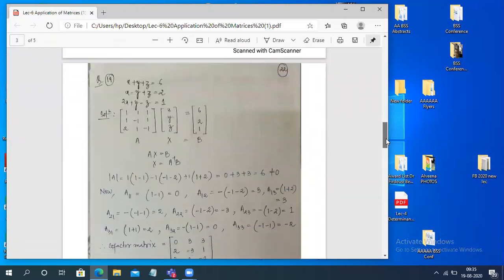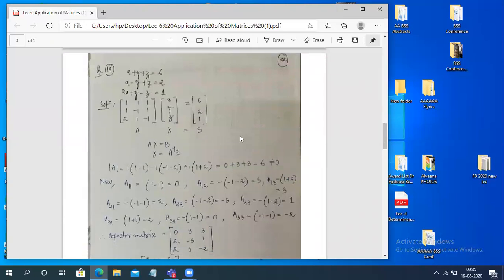Here, in the next example, we are taking three unknowns, that is x, y, z. There are three unknowns and there are three linear equations, a system of simultaneous linear equations. Now we can also write this equation in the matrix form as Ax is equal to B, where A is the coefficient of x, y, z in the following three equations.